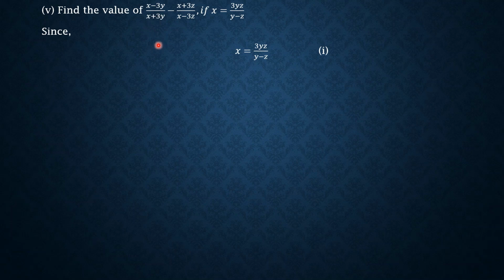So let's start the solution of the question, that since x equals 3yz over (y - z). Look at the first fraction of the question, that is x - 3y. This is numerator minus denominator. So the numerator is the first term x and the denominator is the second term 3y. So we have to find a fraction which will be x over 3y. By splitting this x equal to 3yz over (y - z), we can write this as x over 3y, transposing 3y to the left, we will get x over 3y equal to z over (y - z).